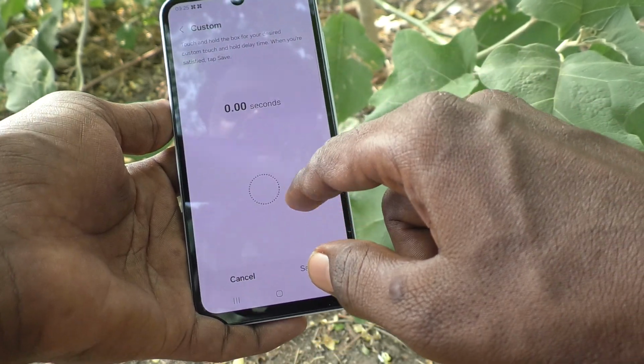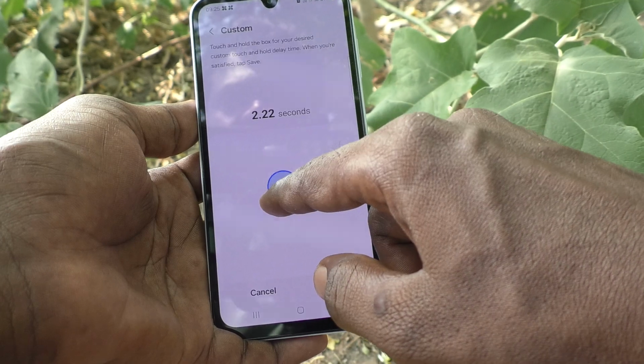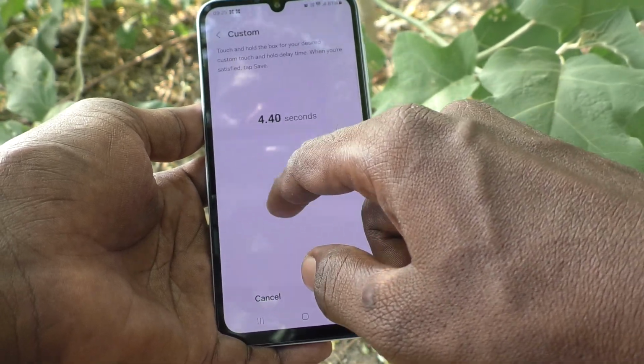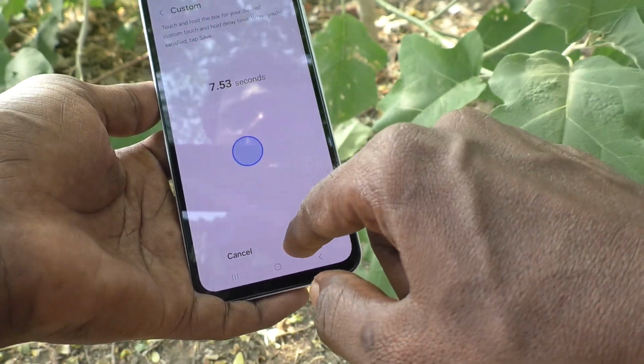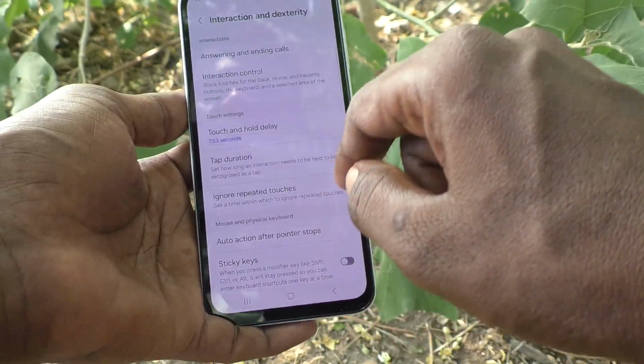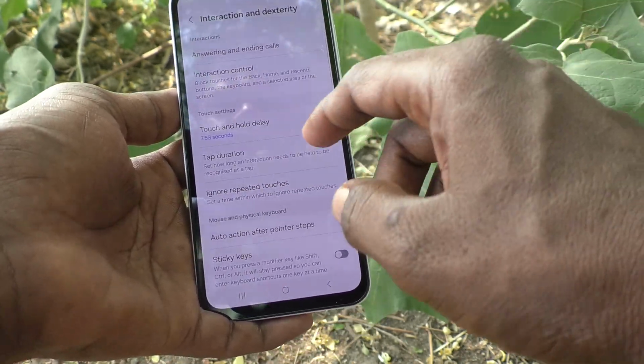Okay, click on custom and here select the seconds. Okay, you can select as much as you want. Okay, and click on save. In this way you can easily set or change touch and hold delay in your phone